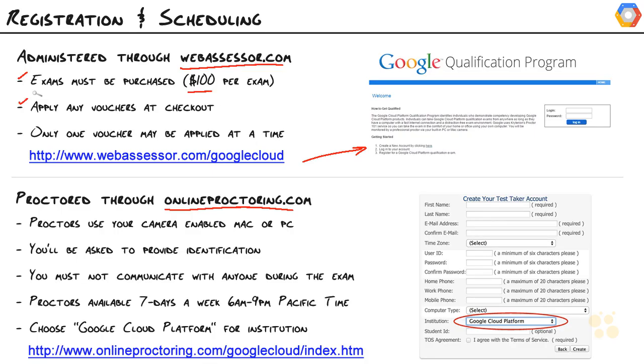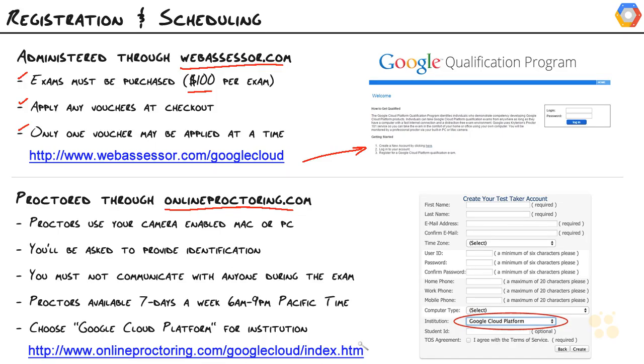You can also, if you have any vouchers, apply them at checkout. But just keep in mind, only one voucher may be applied at a time. So if you're going to take multiple exams, you'll do this process multiple times. So put one exam in the shopping cart, apply the voucher, check out. Put another exam in the shopping cart, apply the voucher, check out, so on and so forth. Once you've purchased the exam or exams, then you'll head over to